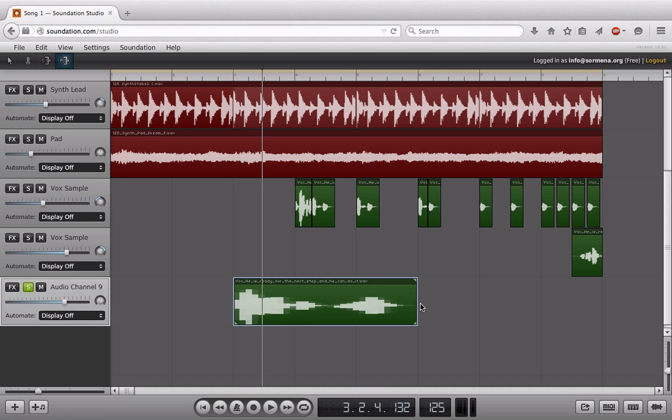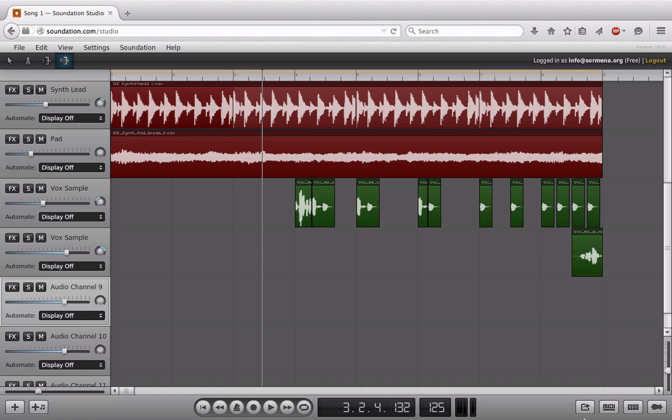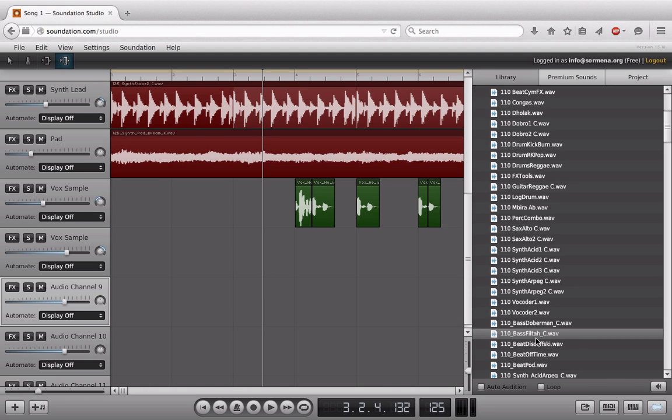and you can use this in very creative or maybe practical ways. So let's take a look at another example. Let's start to add in some kind of bass line here, and I've already picked something that I want to use. And we can see that if I preview this now,